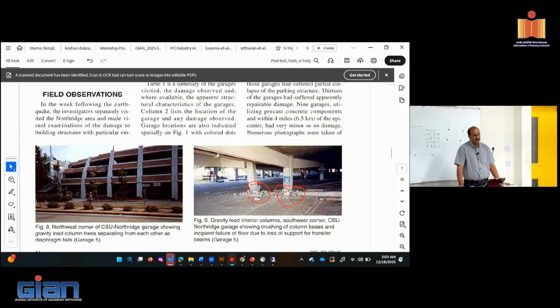As cast in place or as precast? Precast. Yeah, so it depends; country to country it changes, so it varies, and the precasters decide how they want to do it. So they could do a continuous column with beam for each bay. You can do a continuous beam, or you could mix and match. So it all depends on the transportation limitations and what precasters feel comfortable doing, and things like that. Those dictate it. The point is, if at all we have to prevent this, then even for gravity load columns, the confinement